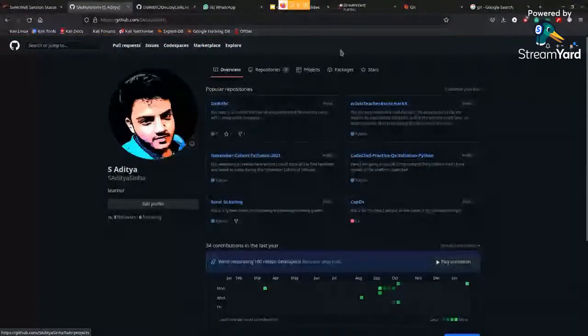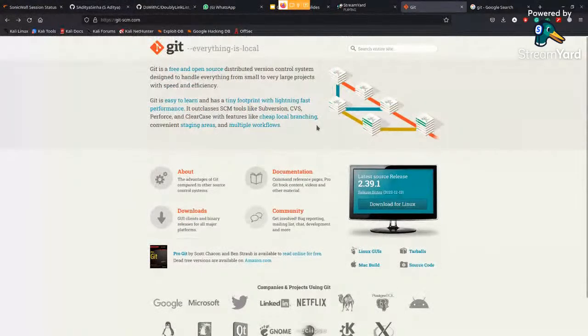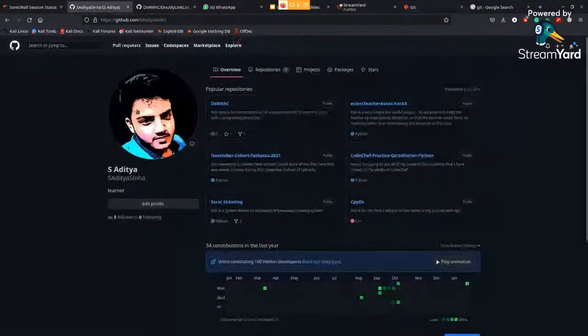I hope everyone is clear with the Git and GitHub difference, whatever I said in this slide, what Git is and what GitHub is. Till now, whatever you saw, the version control system and other functionality that my friend told you, these all are a part of Git. And GitHub is basically a hosting platform where every Git repository could be hosted. So let's now jump into our Git profile.